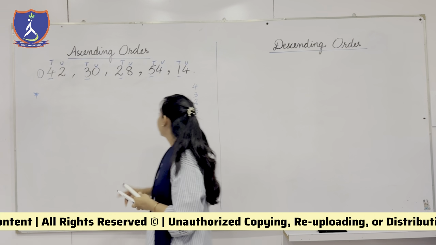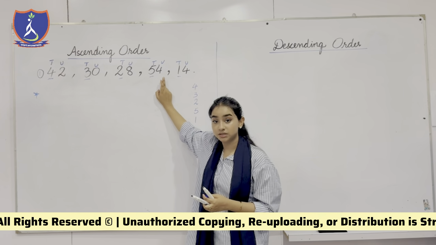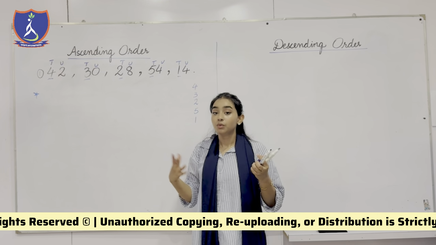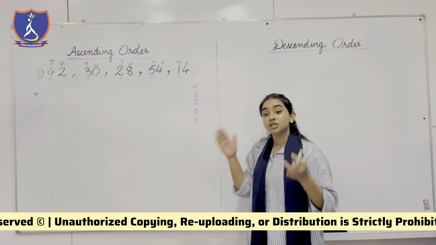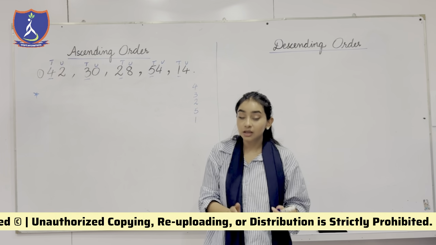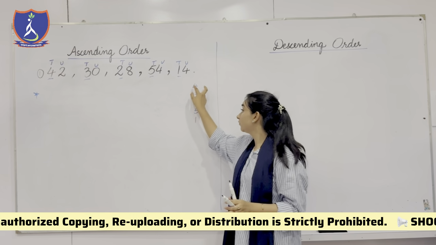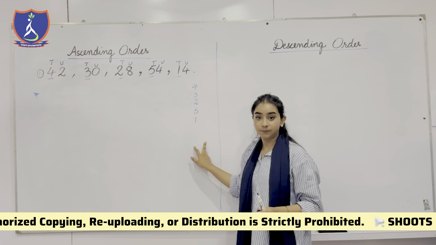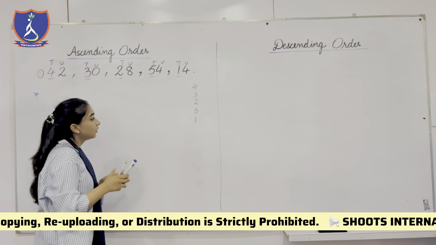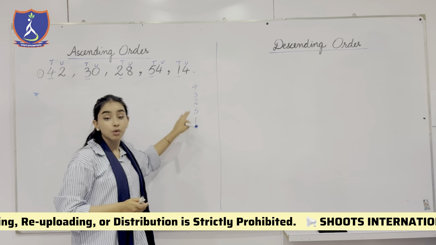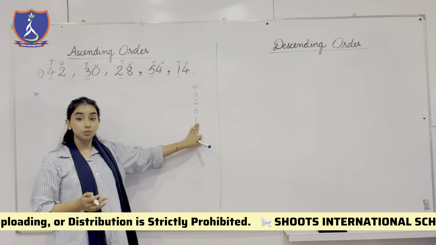So the next step would be from these tens. Now they are from the different families, so we are not going to move towards the units. We don't have to look at the units right now. Why don't we have to look at the units? Because the tens are all different. जब हमारे पास tens सेम होते हैं तब हम units को देखते हैं, लेकिन जब हमारे पास tens सेम नहीं होंगे then we will focus on the tens value only. हम फिर units के ऊपर focus नहीं करेंगे. Looking at the tens value, we have 4, 3, 2, 5 and 1. What do you think is the smallest tens? The smallest tens is 1. Very nice.